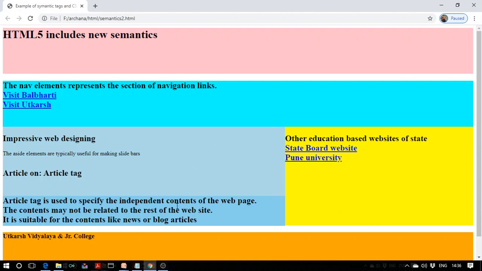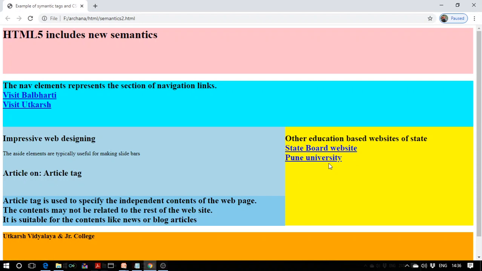Okay, now besides the section and the article tag, you can see on the right hand side, with the yellow color background, what will this be? Yes, this will be our aside tag, which is a new semantic tag, aside. Now, whatever contents you are writing within aside will be displayed at the side of the web page, but the contents are going to be relevant. The content is going to be related to the rest of the web contents.